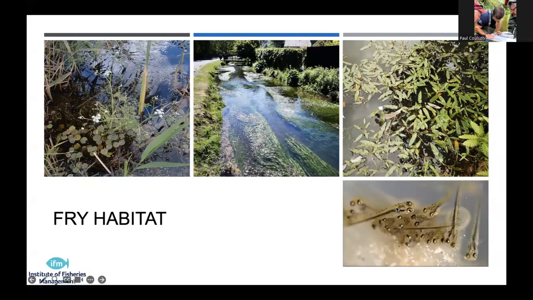And if you're considering these, when coarse fish hatch, they're an eyelash size animal, and they're not particularly mobile. They're not going to swim across a 10-acre gravel pit from where they were spawned to find a suitable habitat. So we need to make sure that the habitat we've got within our fishery is such that the fish can spawn, and the fry can also find somewhere suitable while they develop, and they like it. They like it warm, and they like a lot of food. So shallow vegetated margins that warm up quickly is what we're looking for, really.